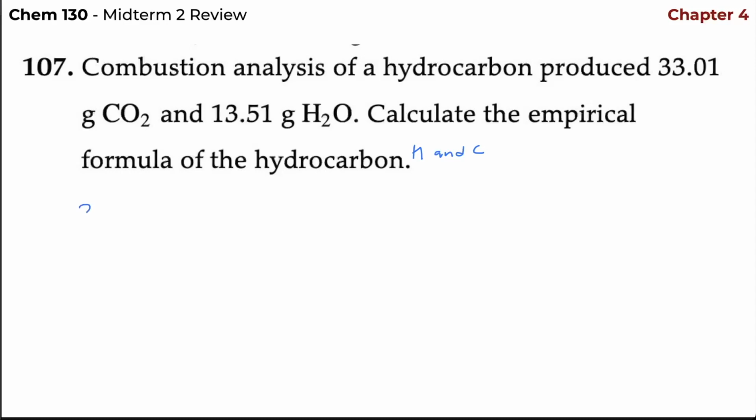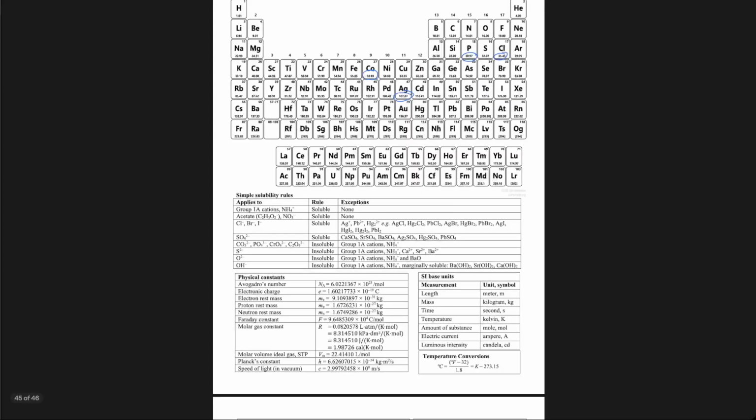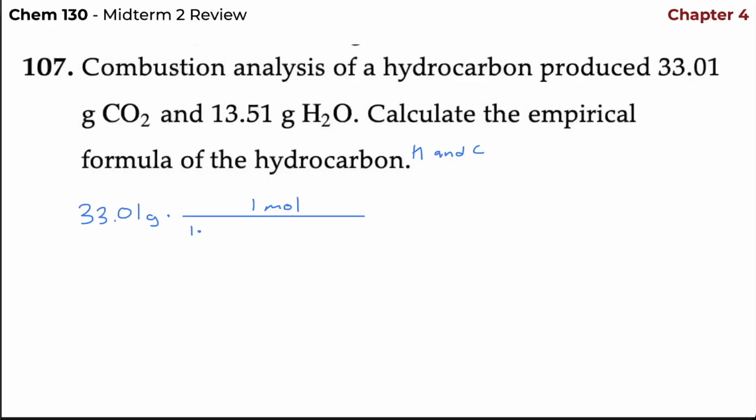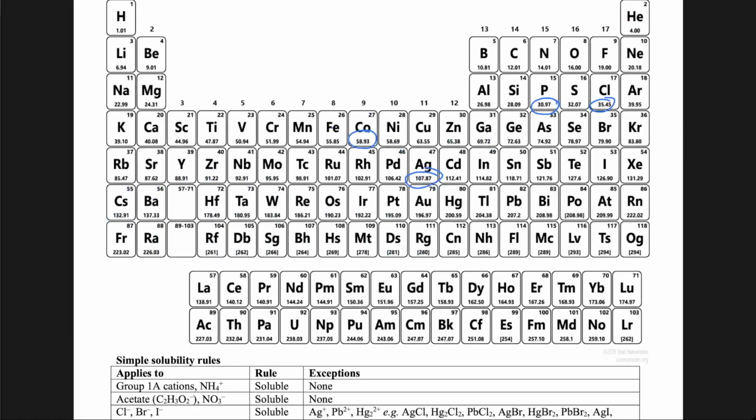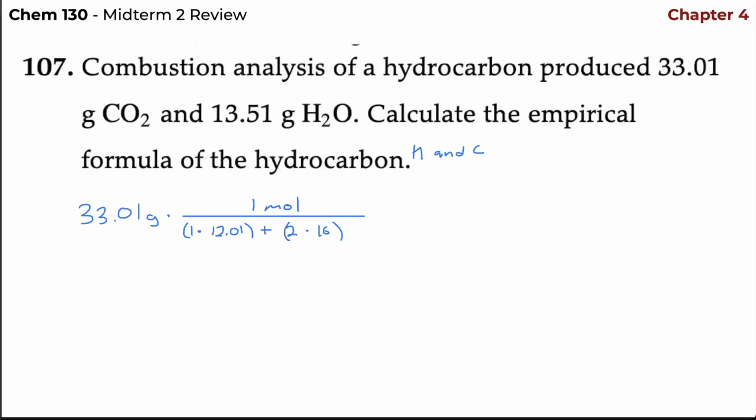So let's take the 33.01 grams of CO2, and let's multiply it by 1 mole over the molar mass of CO2. So what is that? That's one carbon atom times its mass of 12.01, plus two oxygen atoms, which are both 16, right? And basically what this is going to give us,